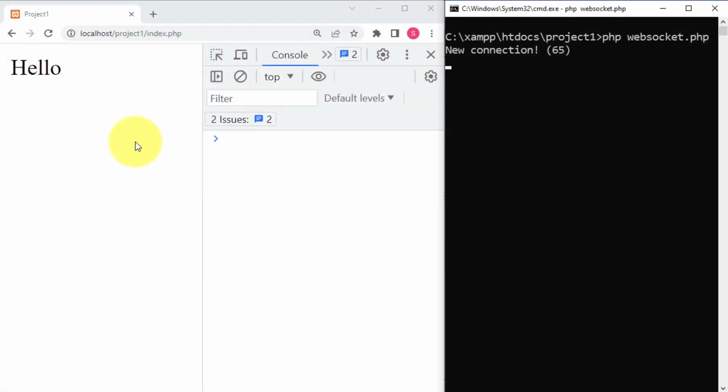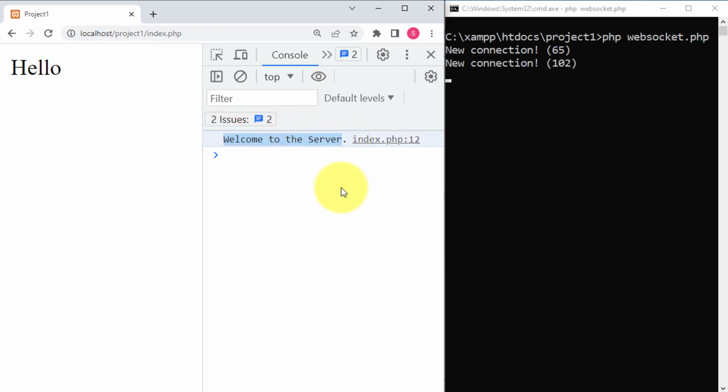Let's move back to the web browser to test the code. This time the code runs successfully. As you can see, the welcome message is displayed in the console. Now we have our own client to communicate with the server and other clients. It is important to note that you don't need to restart the server, since I have not made any changes